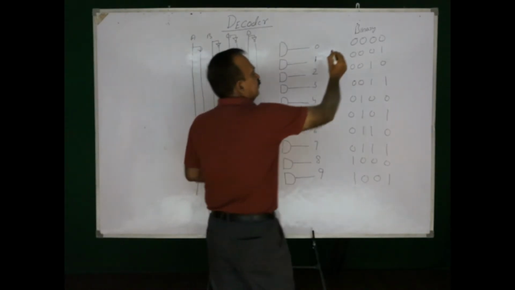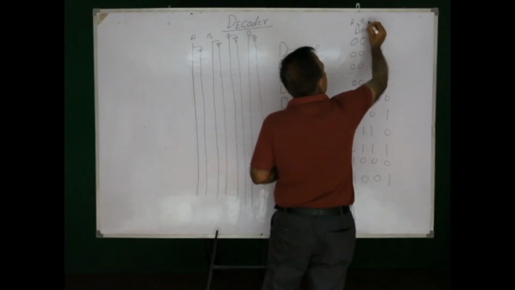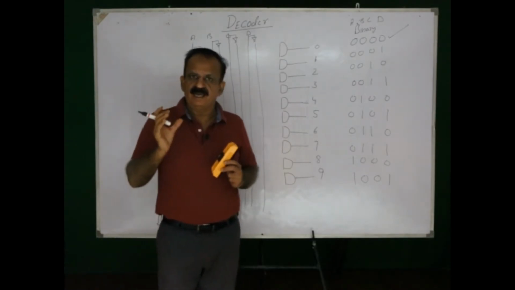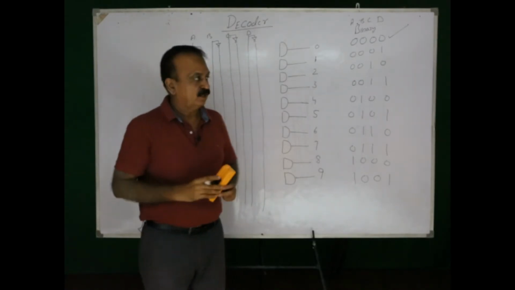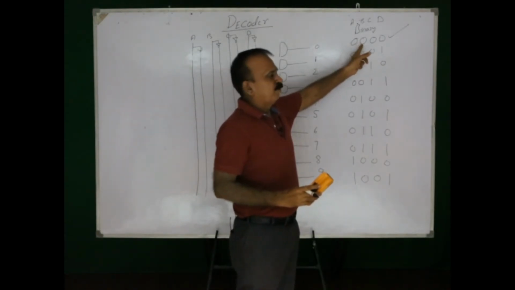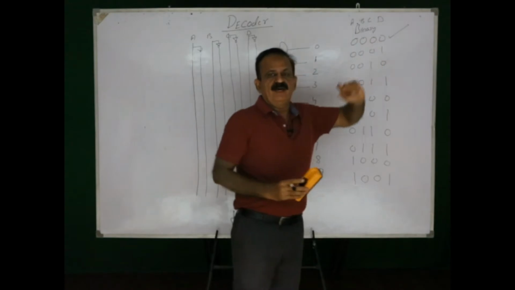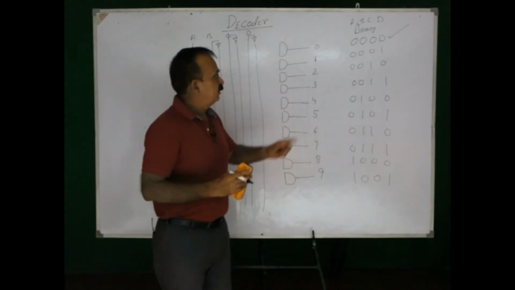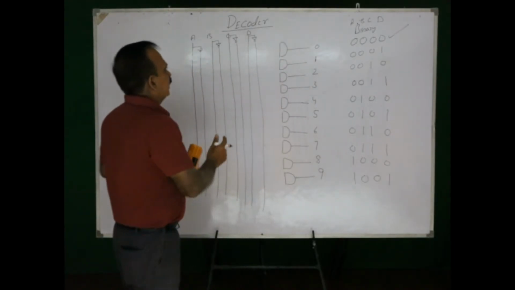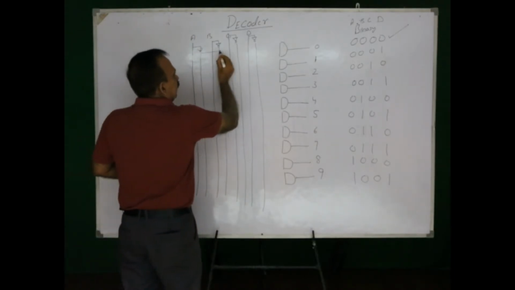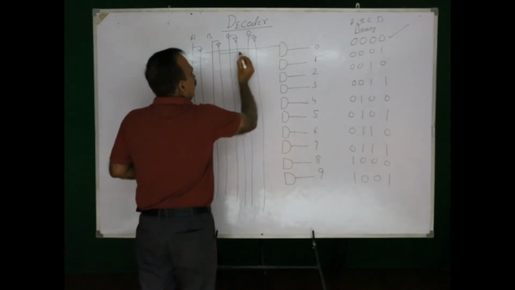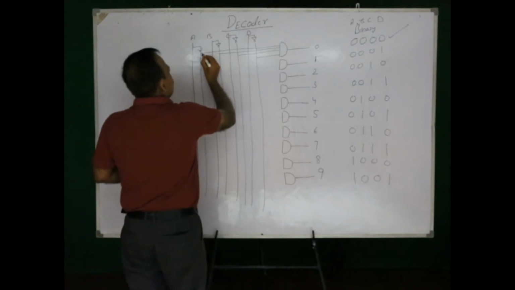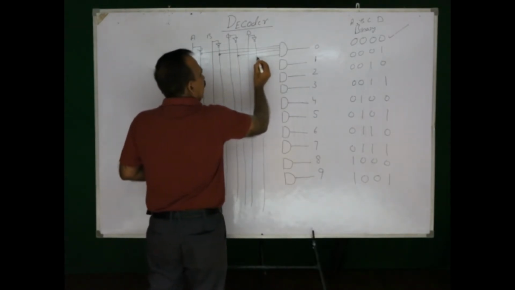Now, if this number is ABCD, the fundamental product of this will be, fundamental product I said, multiply by converting them to 1. Now, A bar will be 1, B bar will be 1, C bar will be 1, and D bar will be 1. That means the fundamental product will be A bar into B bar into C bar into D bar. This AND gate will be multiplying them. So, we will be connecting the inputs to A bar, the second is B bar, the next one is C bar, and the next one is D bar.